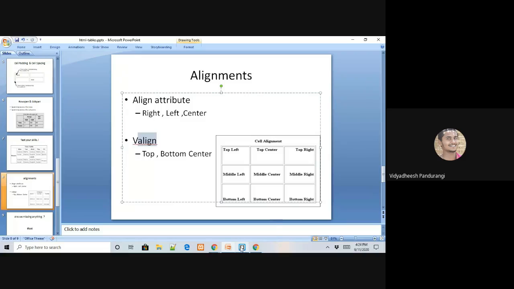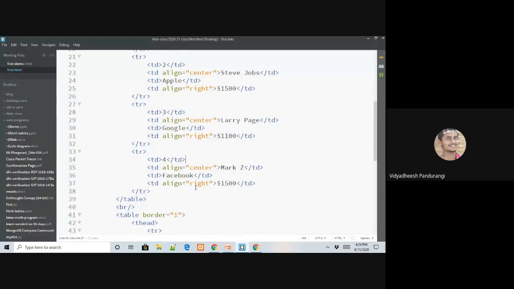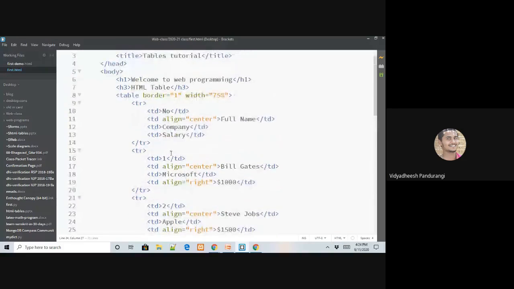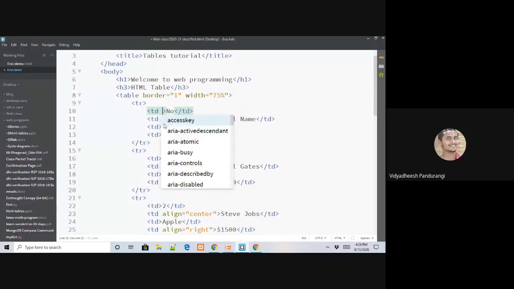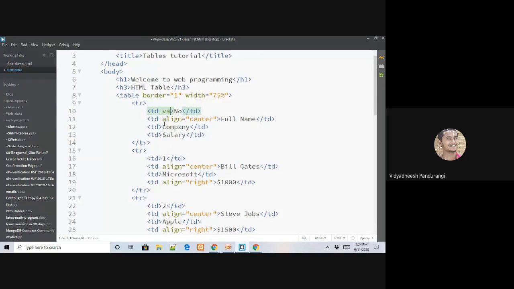Let me just show it quickly. I'll do this for the first row of my table. For number, I'll say V align equal to, say, top.